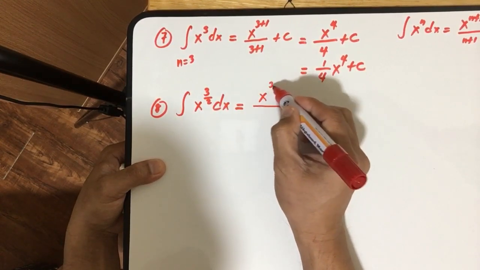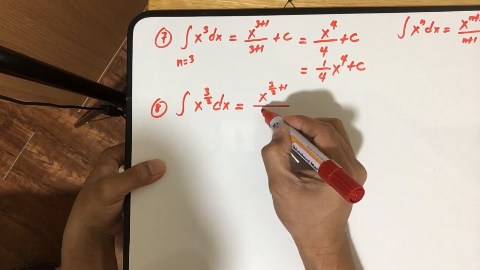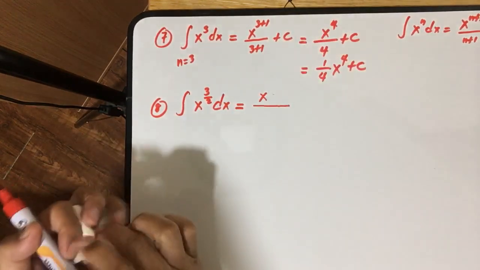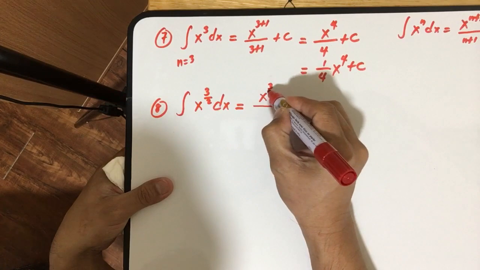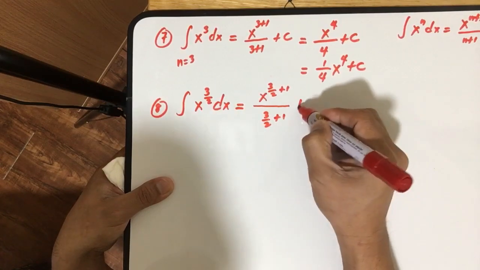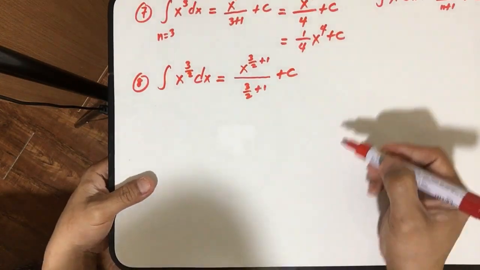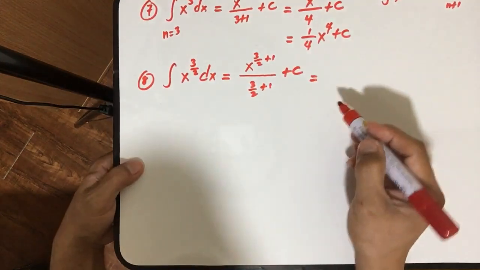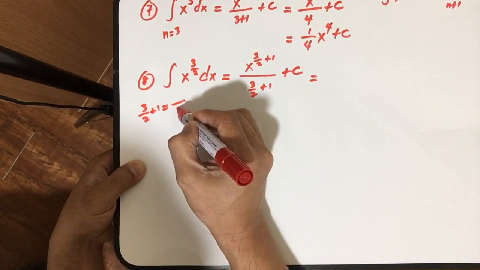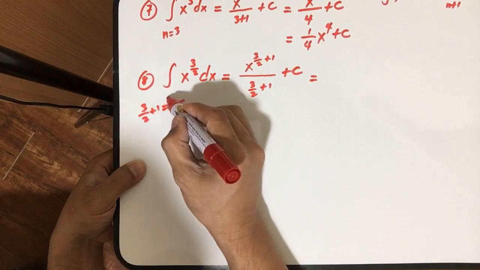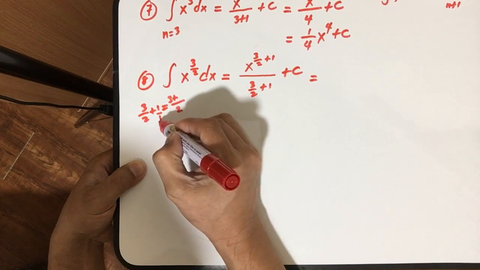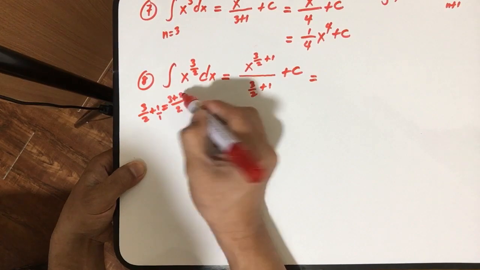x to the power 3/2 plus 1, divided by 3/2 plus 1, plus c. What is 3/2 plus 1? Find the LCD. The LCD is 2. 2 divided by 2 equals 1, times 3, you have 3, plus this 1, understood to be over 1, so 2 divided by 1 is 2, 2 times 1 is 2, so we have